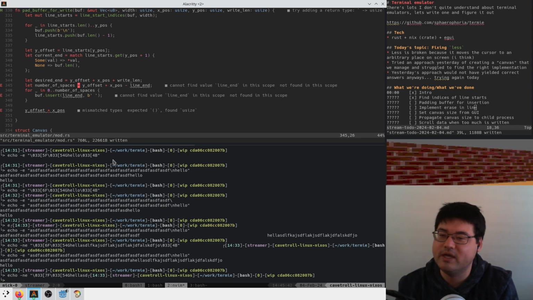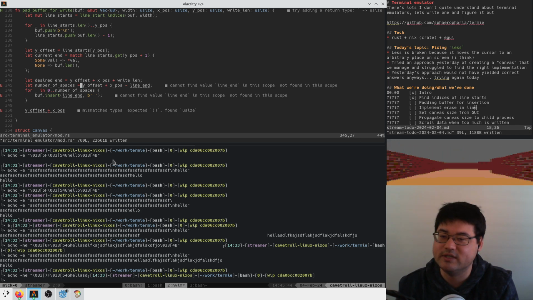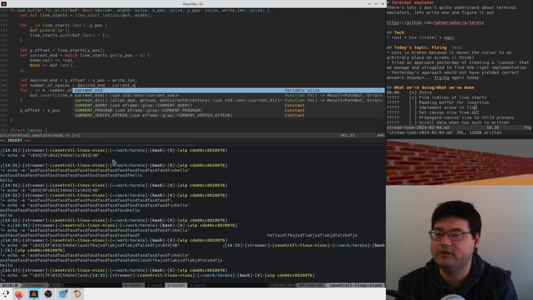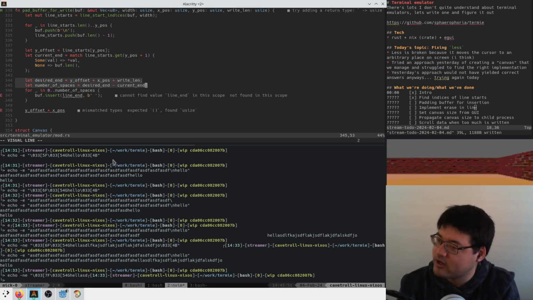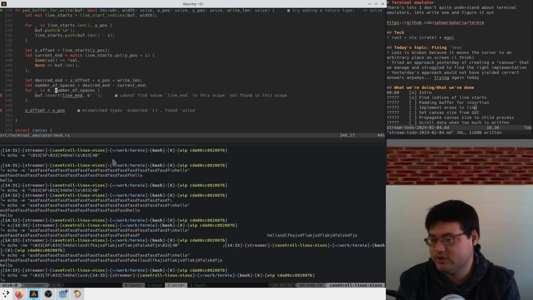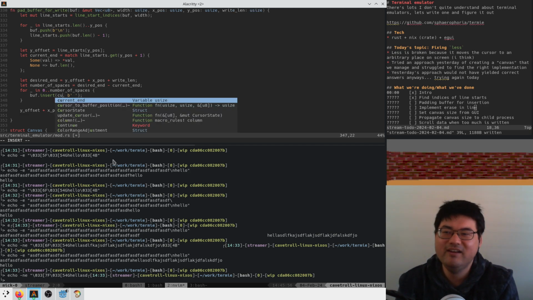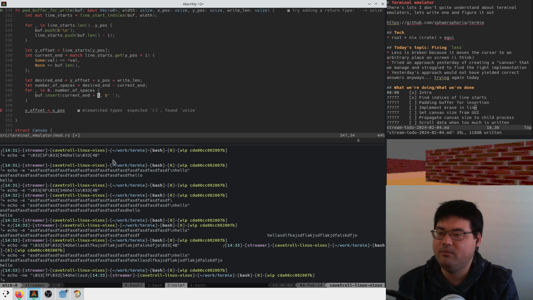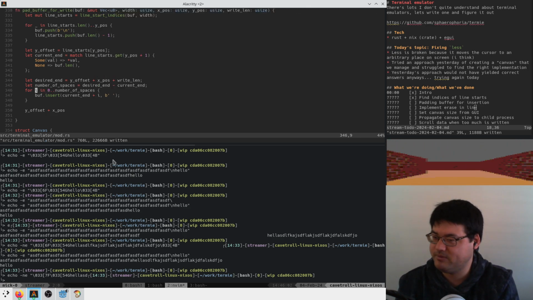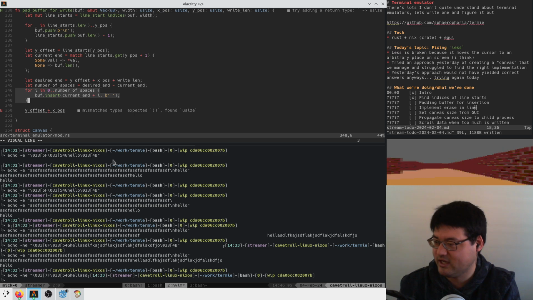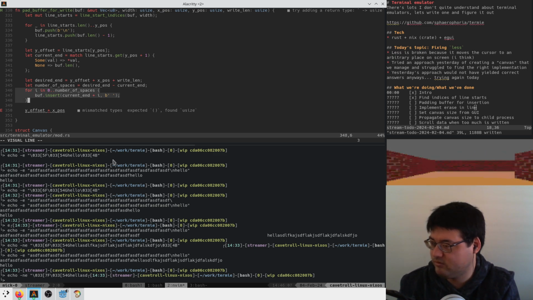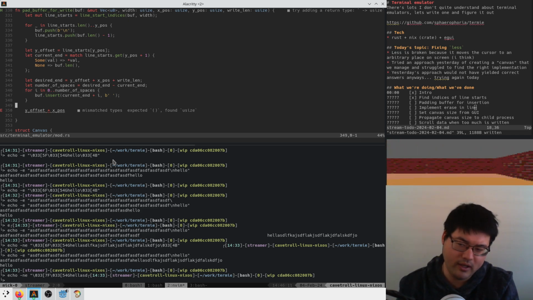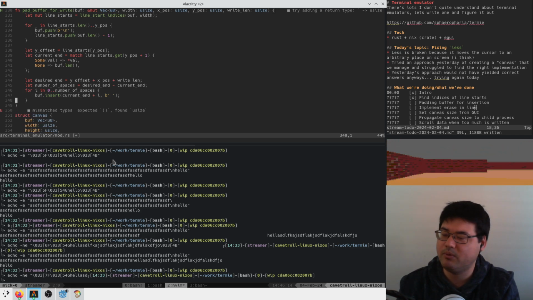And so now we say the number of spaces is the desired end minus current end. And that's a piece of code that I can understand when I read it back, which is huge for me. Maybe we even say current end plus i, because there's probably some optimization in the insert of the vector, like if you're inserting at the end, then it's just a push. So that's probably faster. And now all we want to do is we want to say